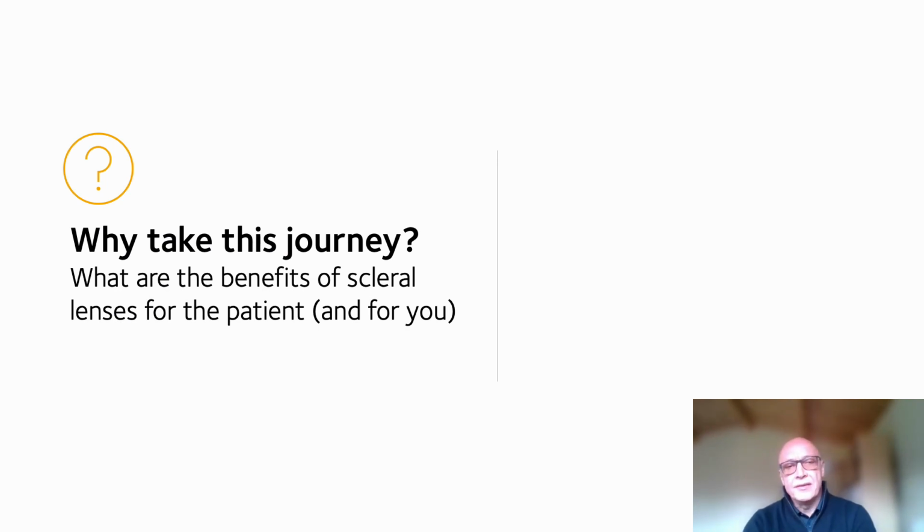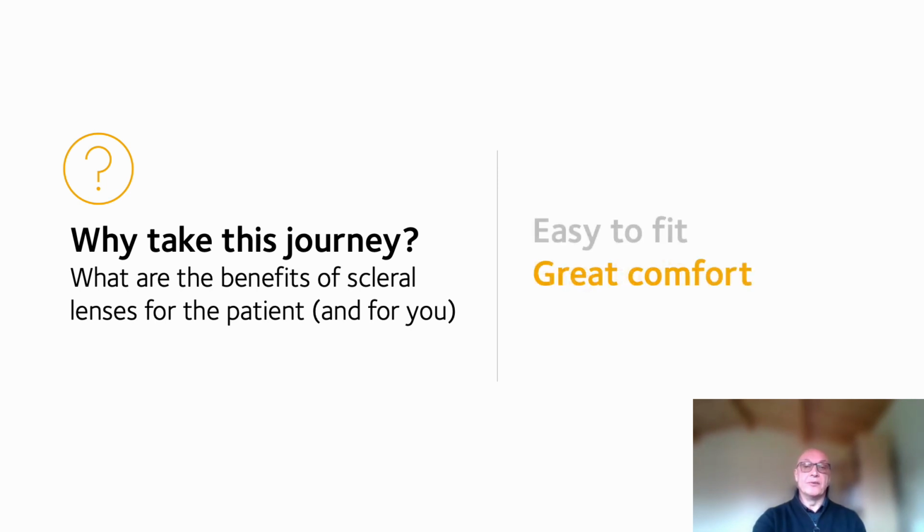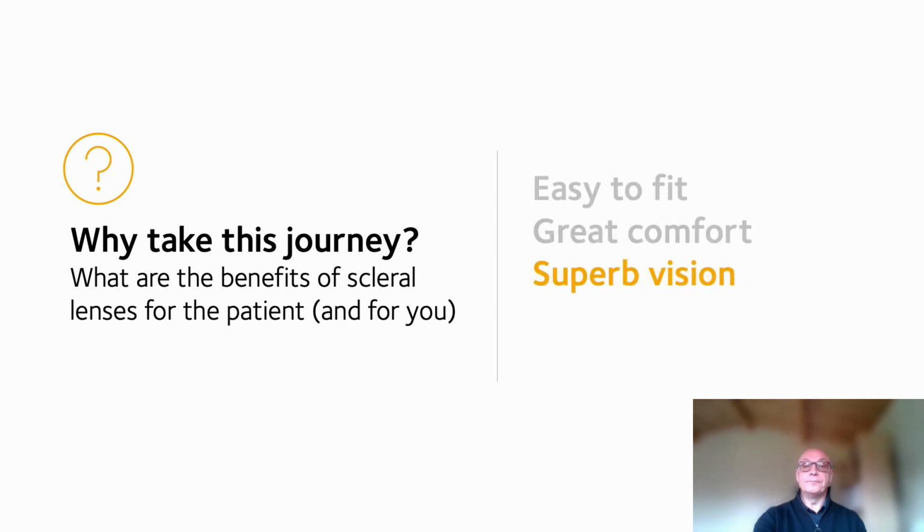But why would we want to take this journey? Where are the benefits, not just for us, but also for our patients? Mini scleral lenses are essentially very easy to fit. They give us great results. The patients, almost without exception, tell us how comfortable they are. We can correct our patients to achieve an amazing level of vision. They're easy to handle,